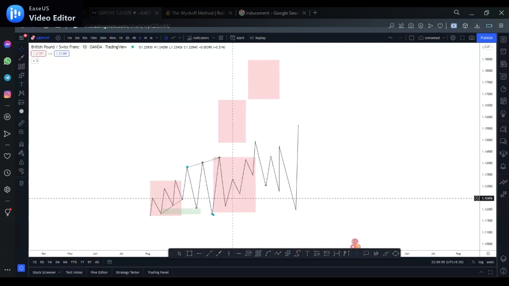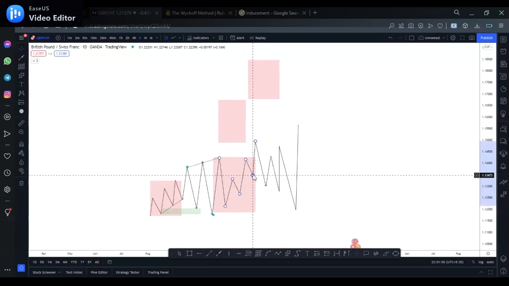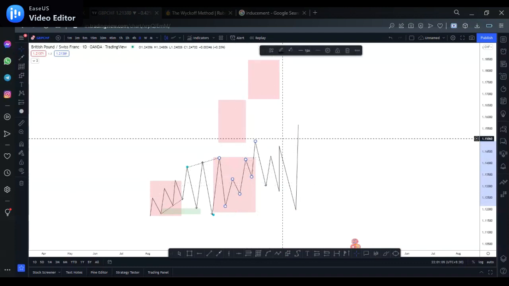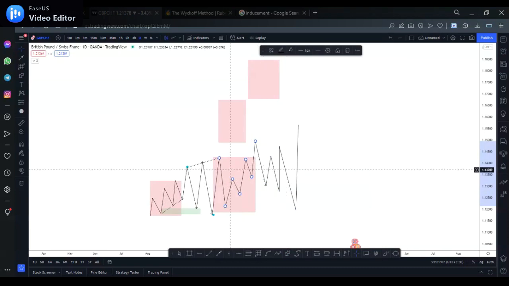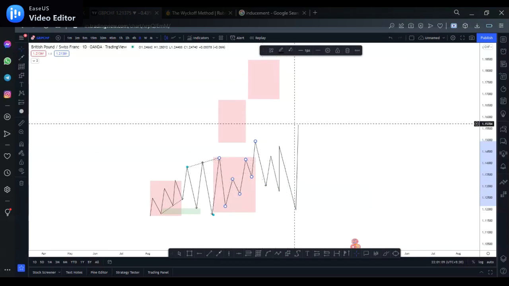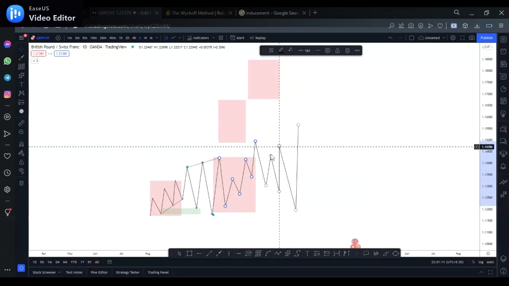So, creating this back. That's why they say the market doesn't move in a straight line. Not because it can't, but because it has to create liquidity along the way to take them all out when coming back down. The only time the market doesn't move in a zigzag that much is when it's liquidating.